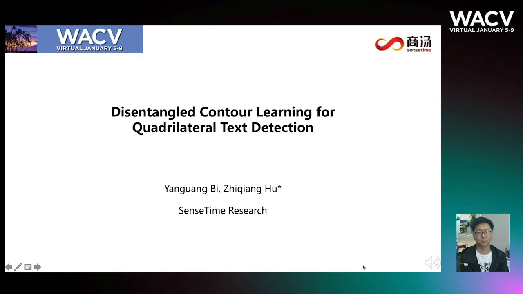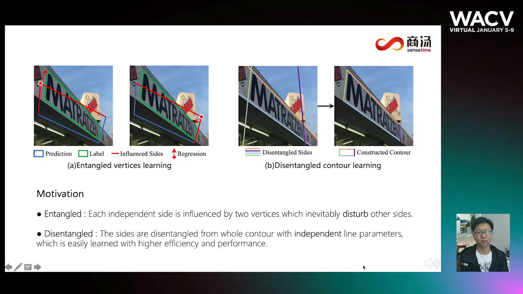Hello everyone, we are from System Research, and this is a presentation on our work, Disentangled Control Learning for Quadrilateral Text Detection. As we know, precise detection of quadrilateral text is of great significance for subsequent recognition, where the main challenge comes